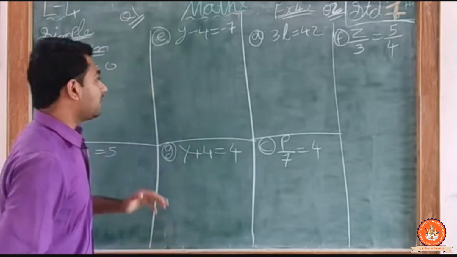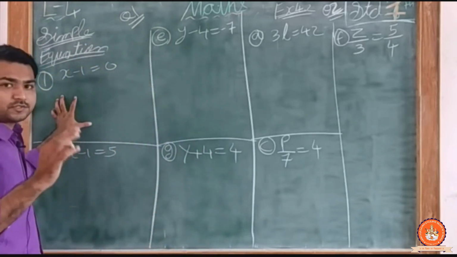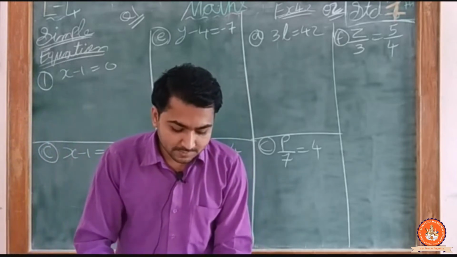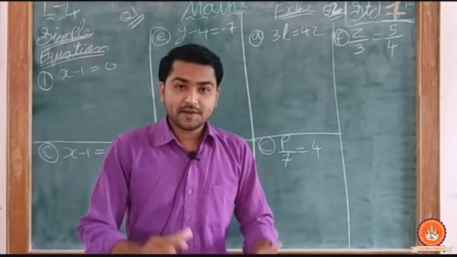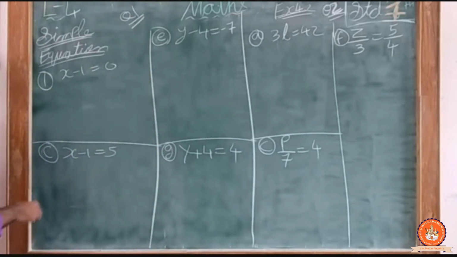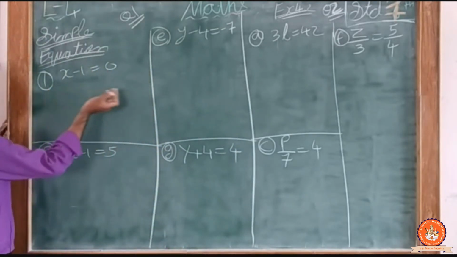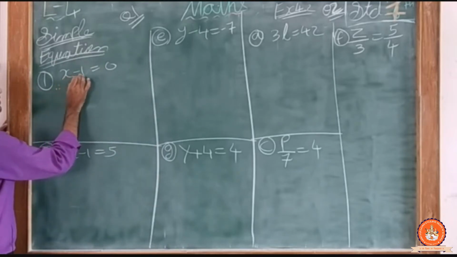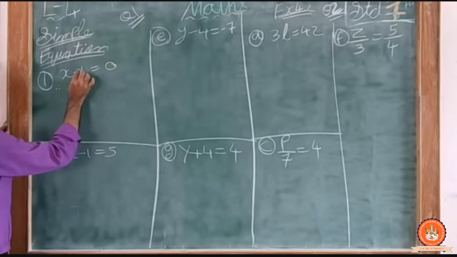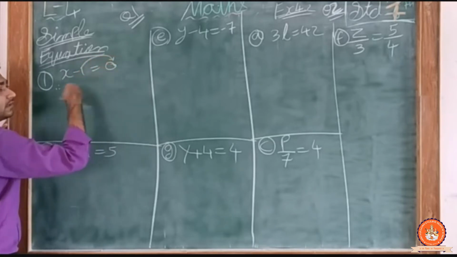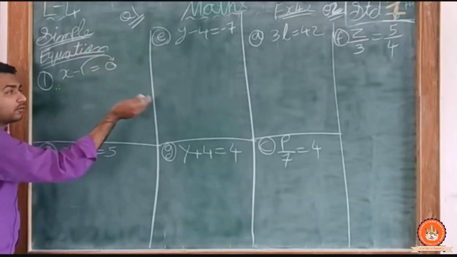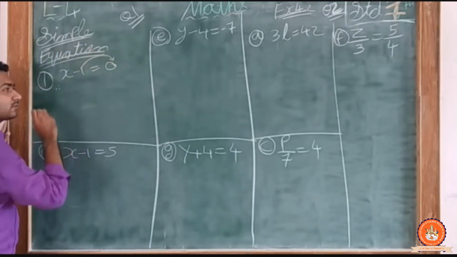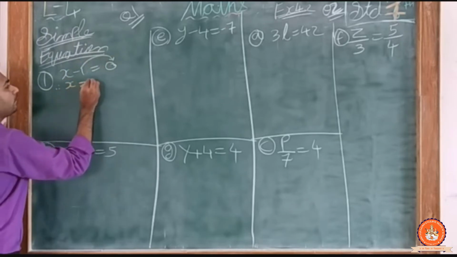As I explained to you. Now starting question 1 of question number 1, as they told us, the first step is to separate the variable. So I have to separate the variable, that means I have to find the value of x, then I will put it again in this only. So how we will find, therefore here x minus 1 equal to 0. Okay, now taking this minus 1 on the right side, तो माइनस 1 है तो क्या हो जाएगा, प्लस 1 हो जाएगा, अगर प्लस 1 होता तो माइनस 1 हो जाता. So x is equal to plus 1.